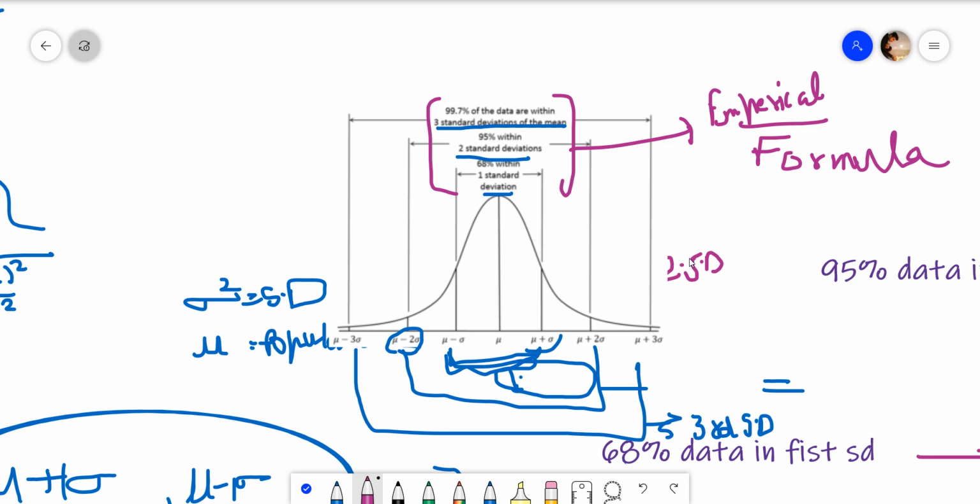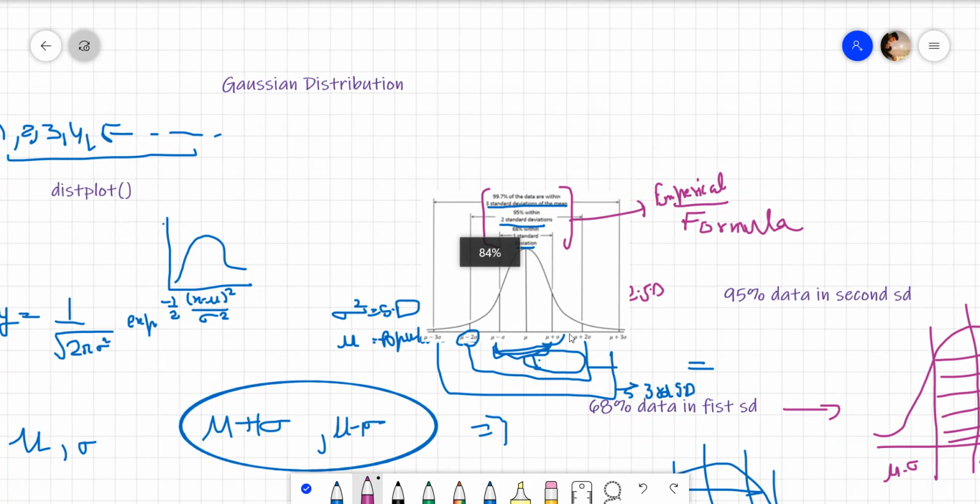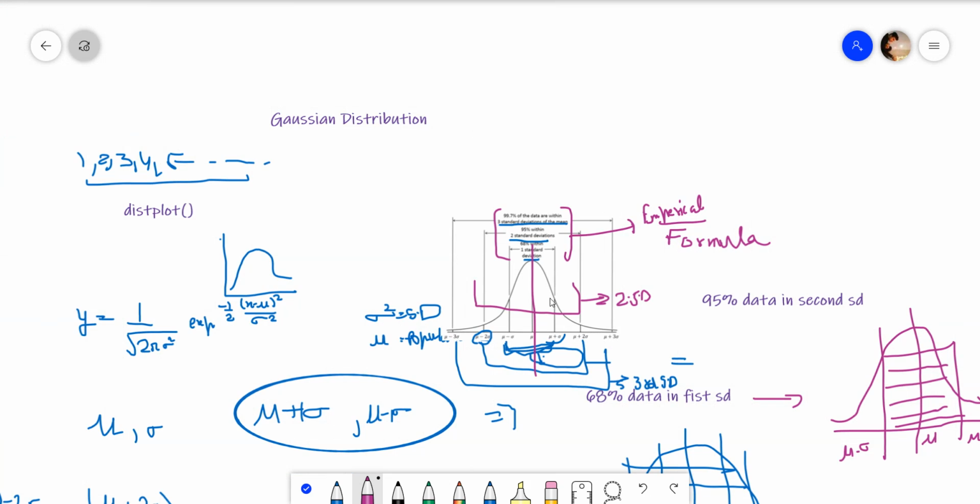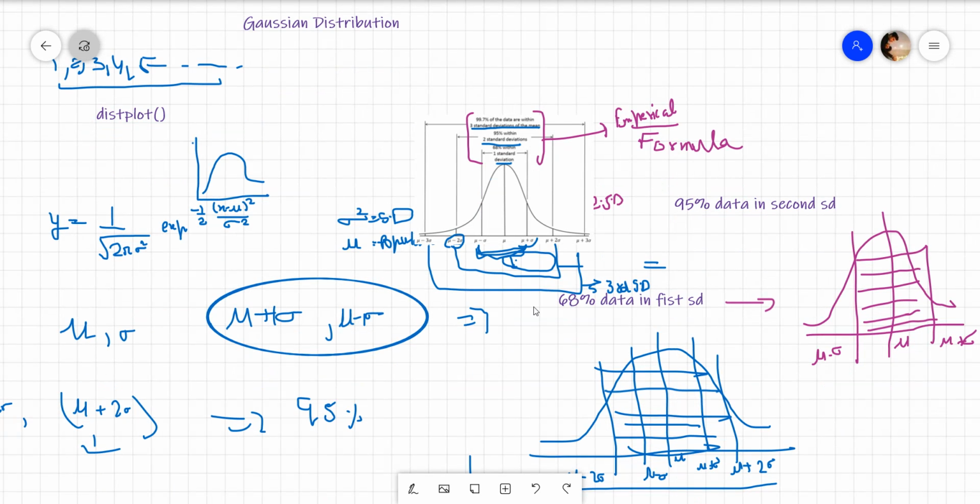This is all about today's video. I will solve a problem in which we will calculate our y according to our x by some calculations. In my next video, I will take random data, solve it, and try to make this normal distribution to show you.